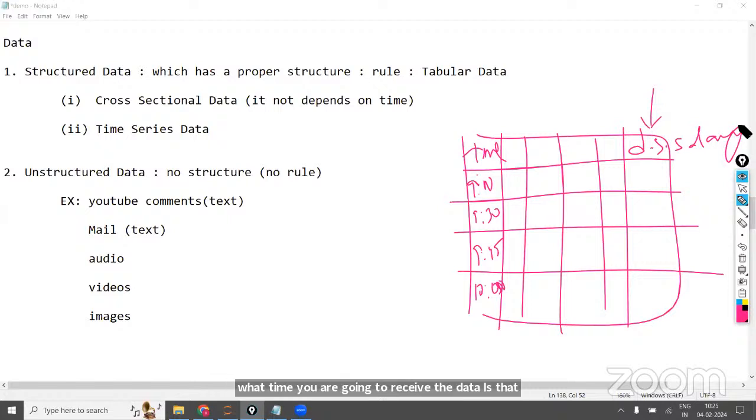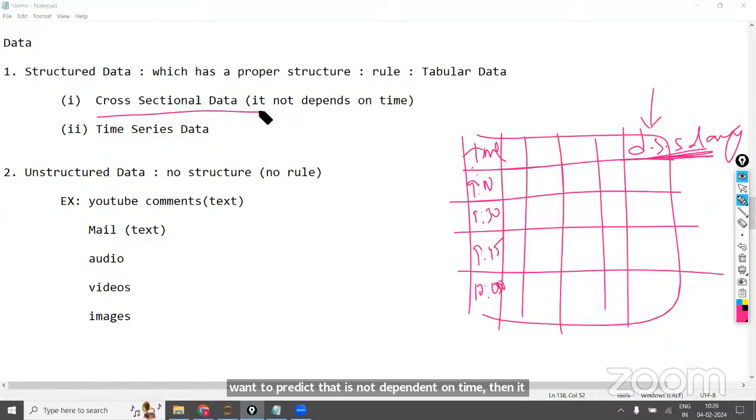No. For example, I'm doing the interview at 10 a.m. or at 11 a.m. Is the data science salary dependent on that? No. So